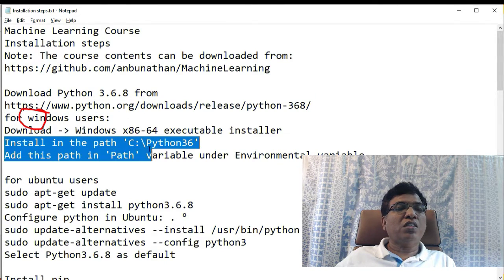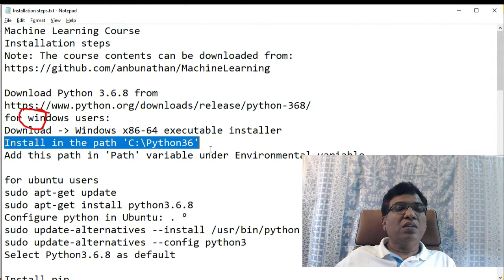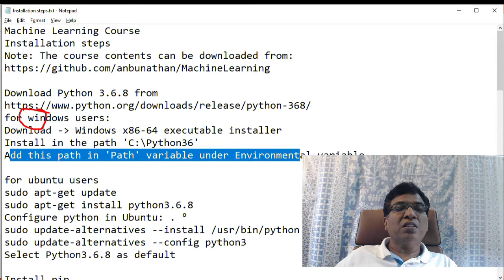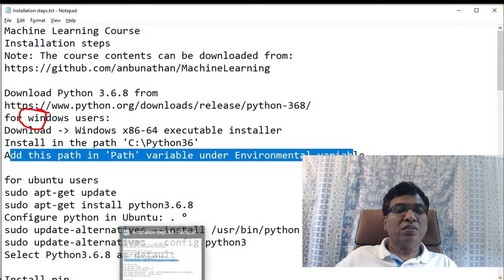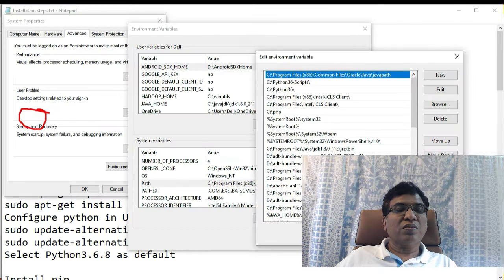Better to install it under the C drive. Python36 is the recommended path, and also add this path in the path variable, in the environment variable. You can see here, this is the environment variable.